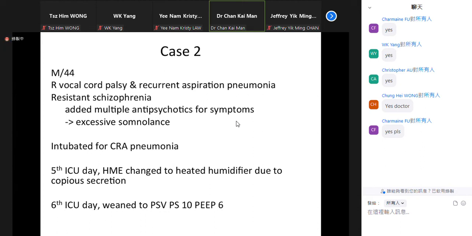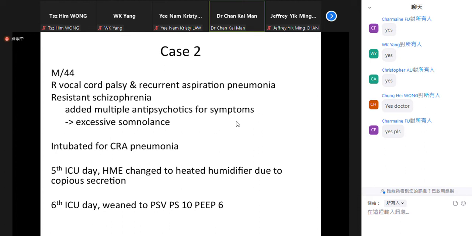So during the hospitalization, he required multiple antipsychotics for symptom control, and that has caused excessive somnolence. He probably had some silent aspiration and consulted us because of carbapenem-resistant Acinetobacter pneumonia. So he had quite a bit of sputum. On day 5 in the ICU, one of the heat moisture exchangers was changed to a heated humidifier